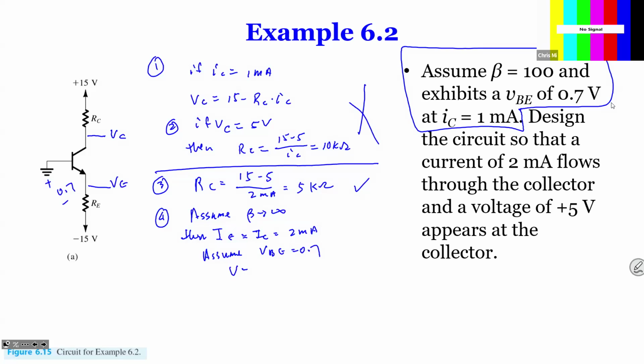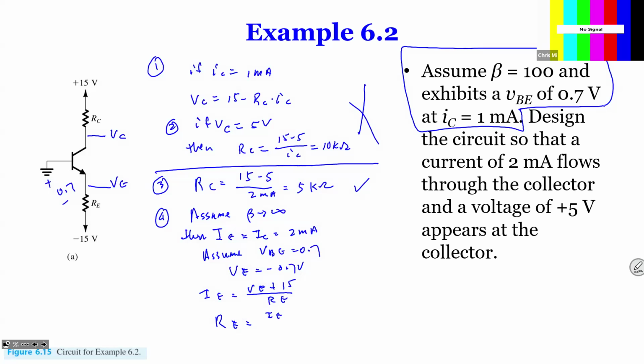So then VE is going to be minus 0.7, right? Because it's active, so we're going to do these assumptions. So if VE is minus 0.7, we know that IE is equal to VE plus 15 divided by RE. So now we got RE equal to